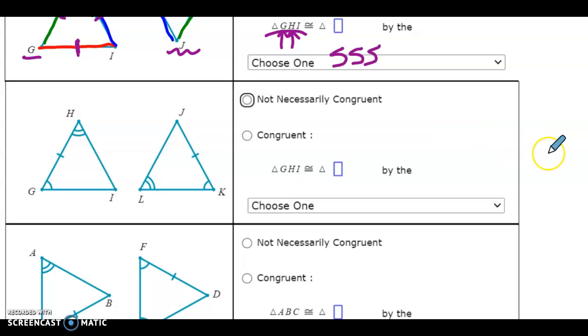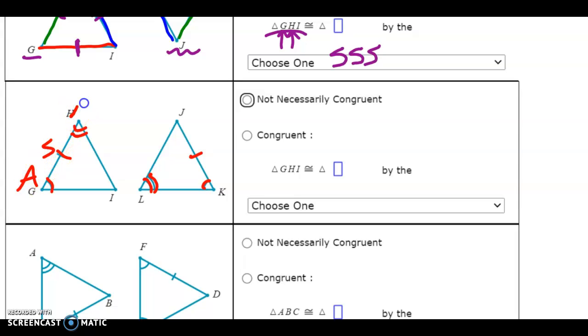Now this problem here, we didn't exactly see this type of situation in the notes yesterday. You might have come across it in the homework. I wanted to make sure we talked about it here as well, in case you were thrown off a little bit. The example in the homework yesterday where we were saying that they weren't necessarily congruent only had two congruency marks. Here they do have three congruency marks each,